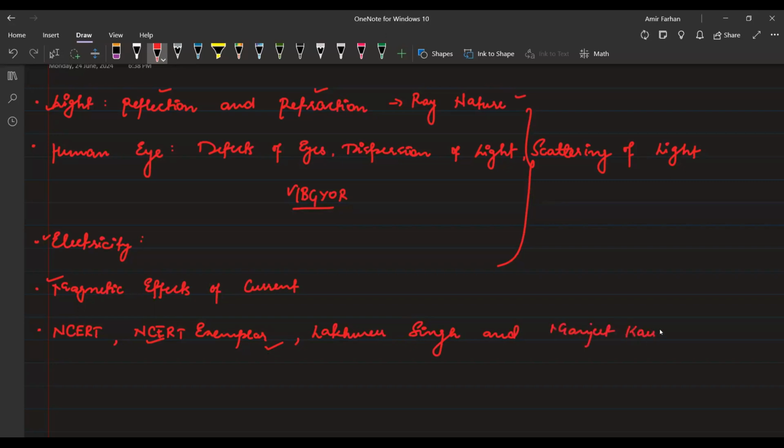Manjeet Kaur, take a printout of this? No, that is not required. You can take it if you want, but if you can study in the PDF form, you can study from the PDF. This book, okay, so first of all, I'm not promoting any book because this book is used